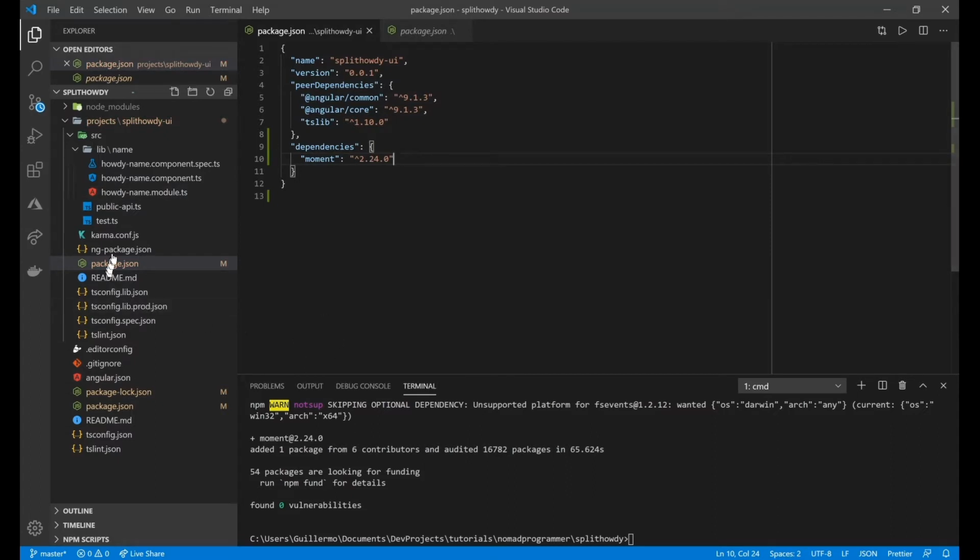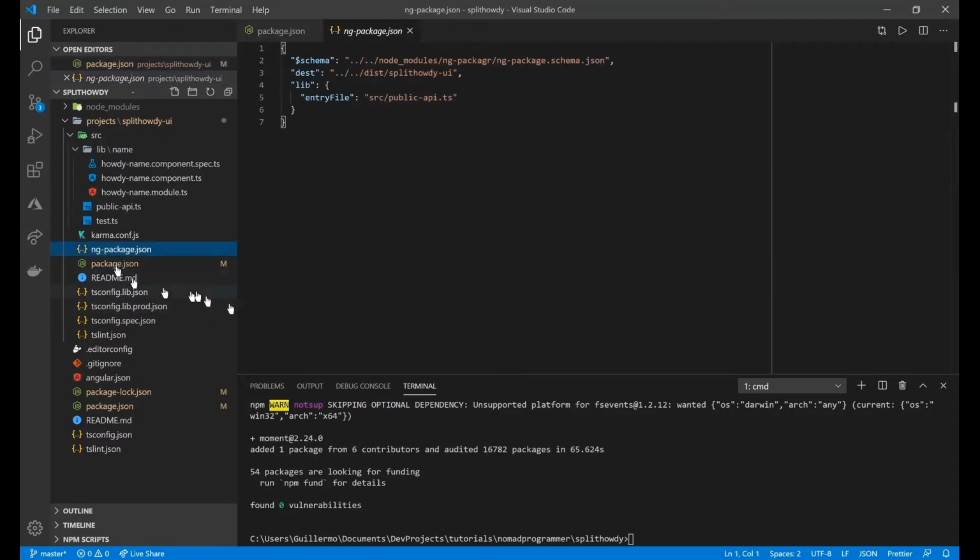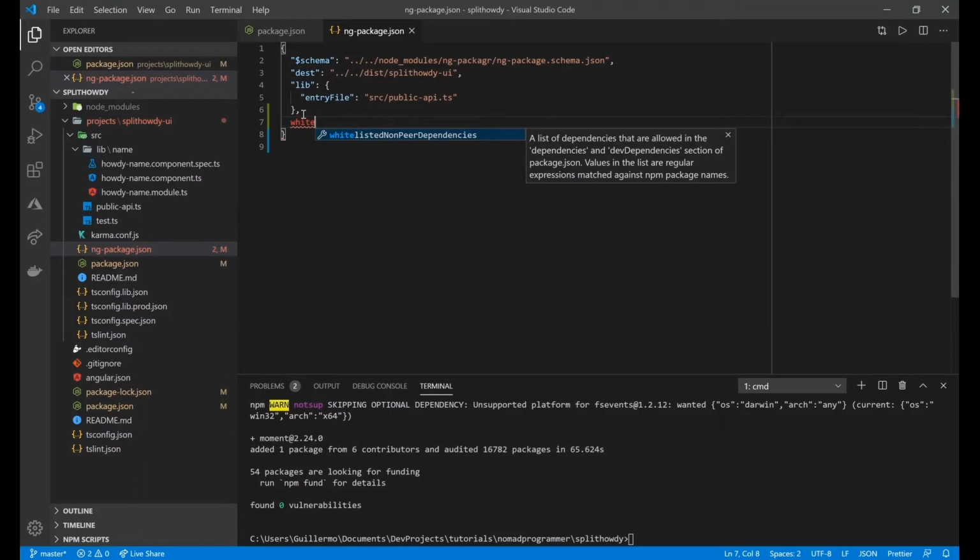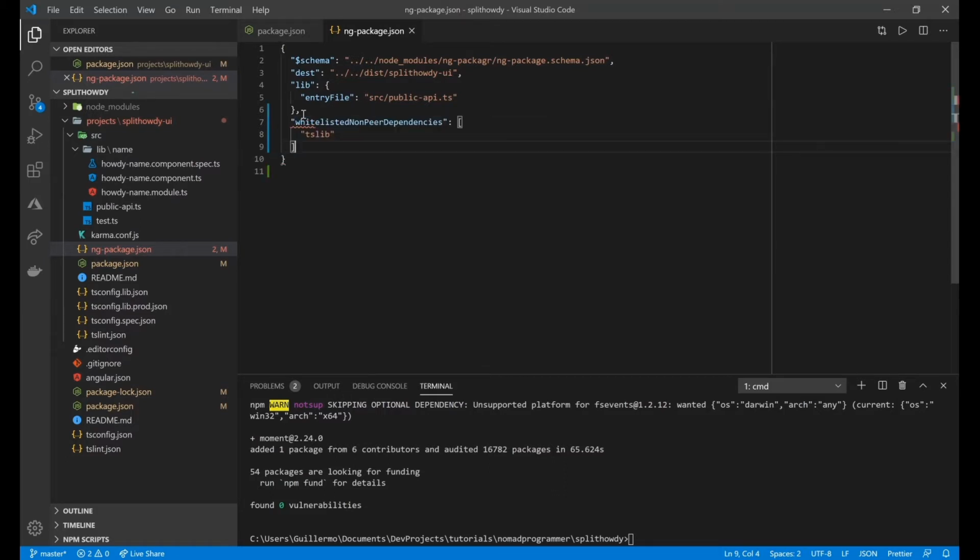In addition, we need to tell our ng-packager config file here that we're going to whitelist Moment as a peer dependency. So let me get that property: whitelisted non-peer dependencies, a list of dependencies that are allowed in the dependencies section of this library JSON. That's what we want. So no, not tslib. What we're going to add is